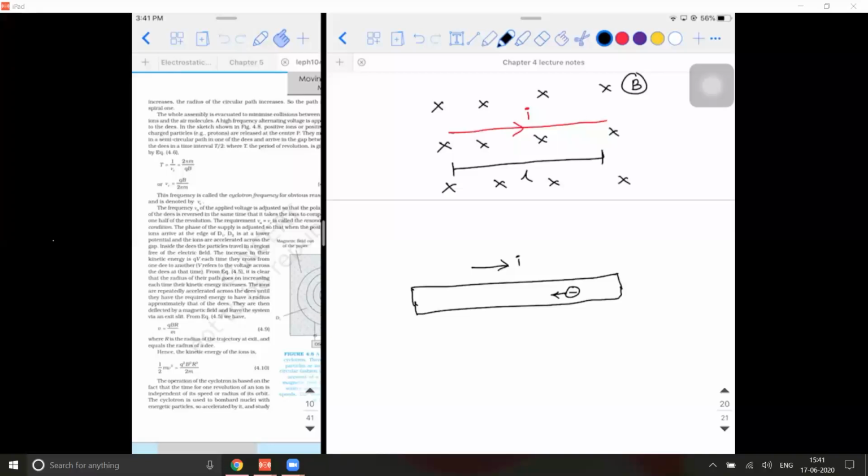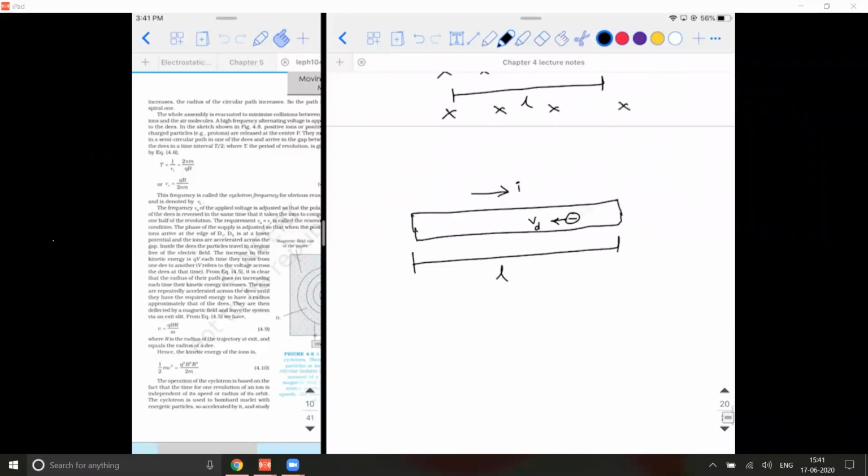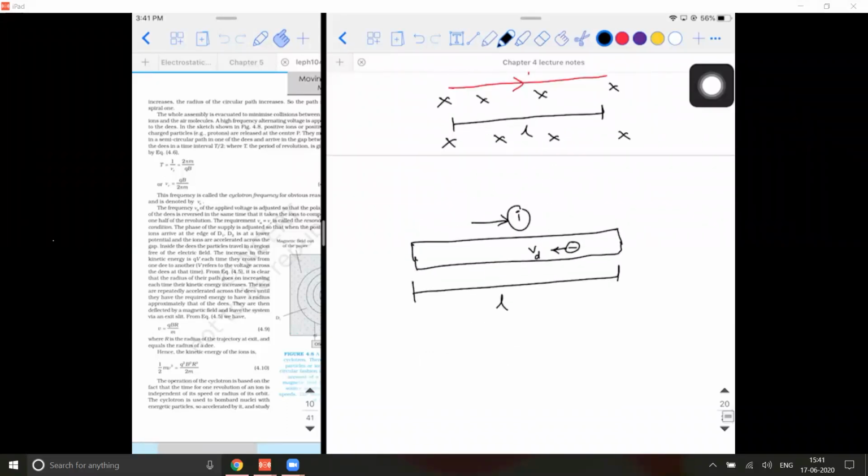If this is a steady state current, what is the speed with which the electron is going to travel within the conductor? There is a technical name for it, the first topic which we saw in our third chapter. Drift velocity. So it travels with the speed of Vd. I'm saying the length of the conductor is L. Okay, till here it is fine. Now, when I say current is flowing through the conductor, indirectly I'm saying that charges are also flowing within the conductor, obviously, right?